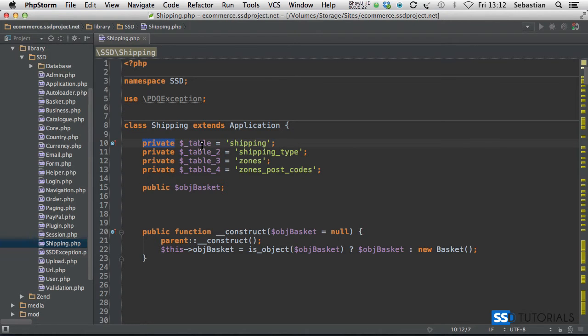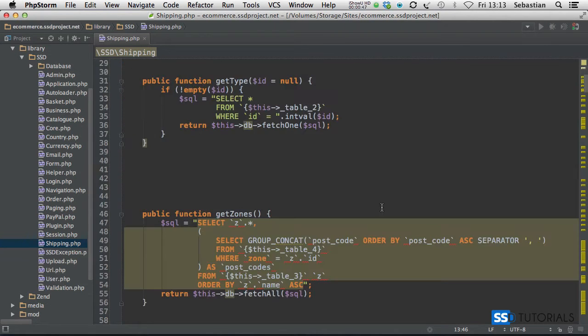Our private table properties will now become protected for exactly the same reason as before, because obviously we're extending the application class which has the table property set as protected. That's why we're going to keep all of them as protected. Then our object basket remains public, and if we go to the first method, GetType, after the constructor, and here